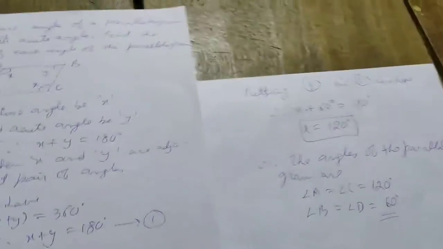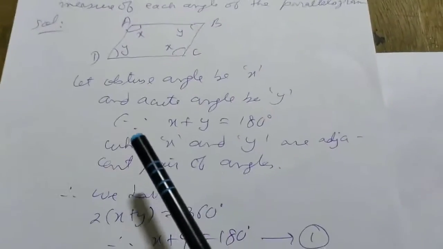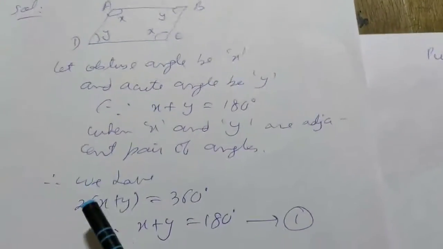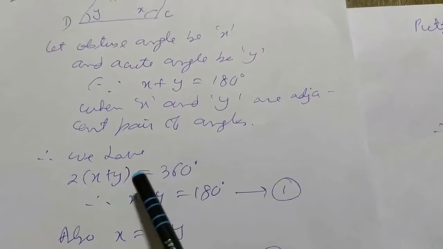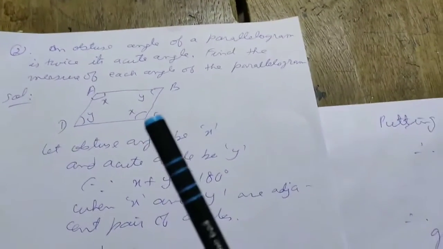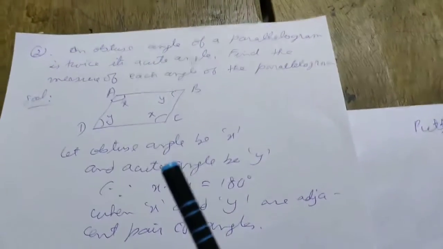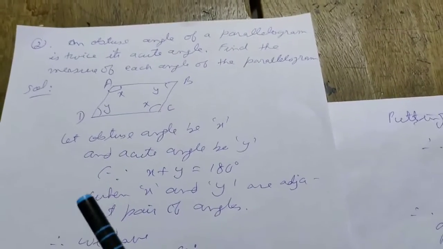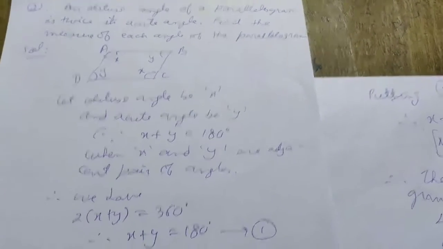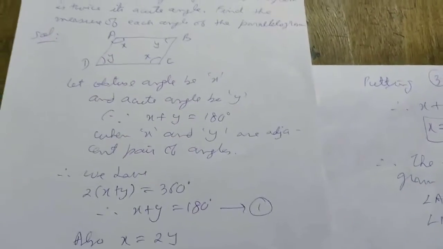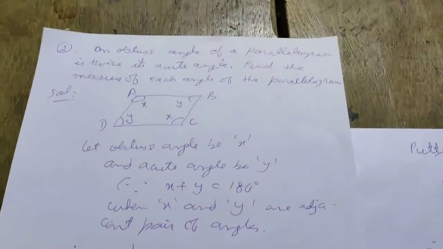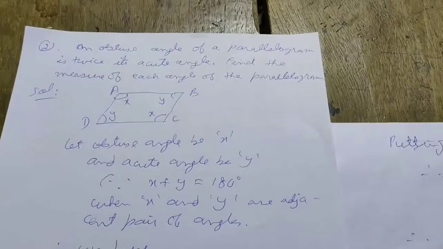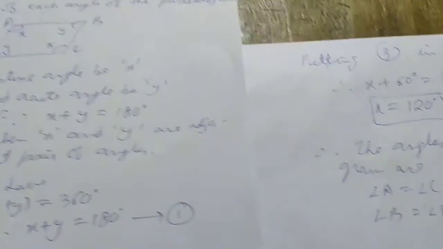We have seen that while solving this particular problem we have used this concept, 2 into x plus y equals 60 degree. So while solving a problem you have to use even basic concepts which you have learned in your lower classes. You have to remember all the concepts which you have learned in your lower classes, including the concepts which you are learning in this particular class. So it's not difficult at all to solve any problem if you know all the concepts.